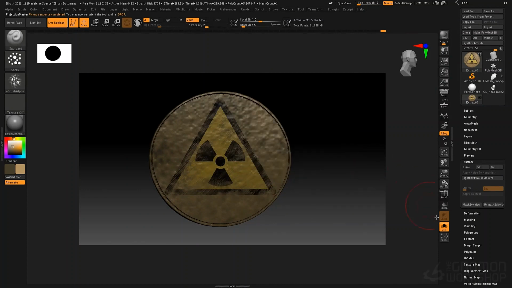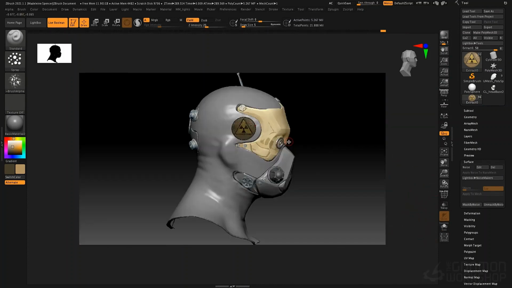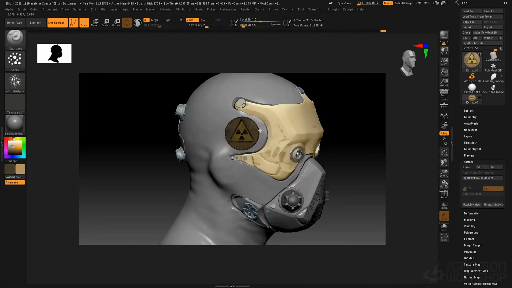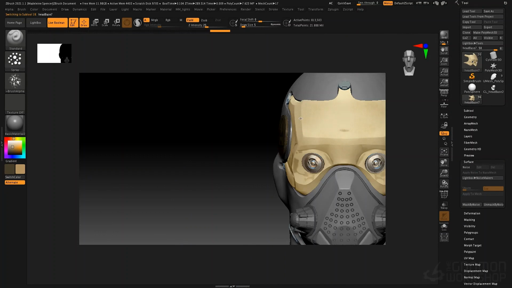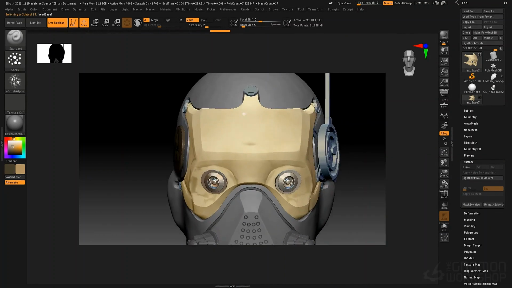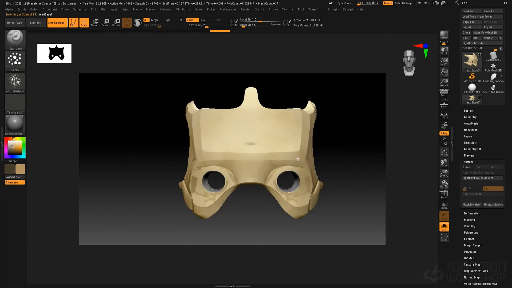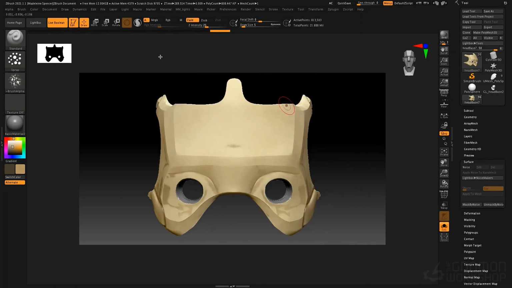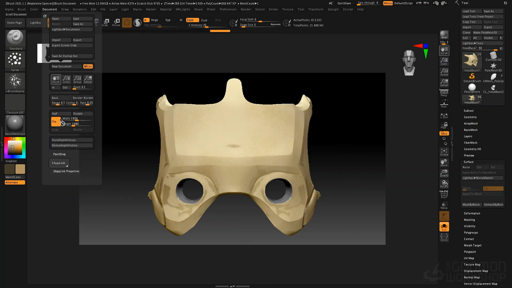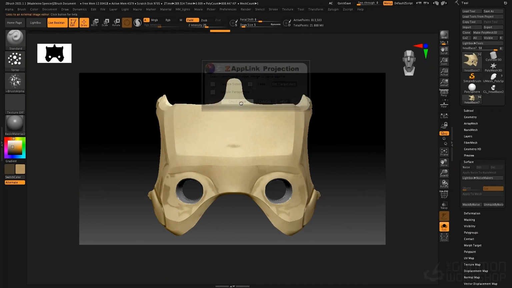So let's go ahead and turn off Solo and F for focus. You see that we've now got that applique applied there. So let's grab the faceplate here. We'll zero in on the faceplate, and I will solo this. Let's fill the document with this, and then go to Document, ZAppLink. We'll drop again,